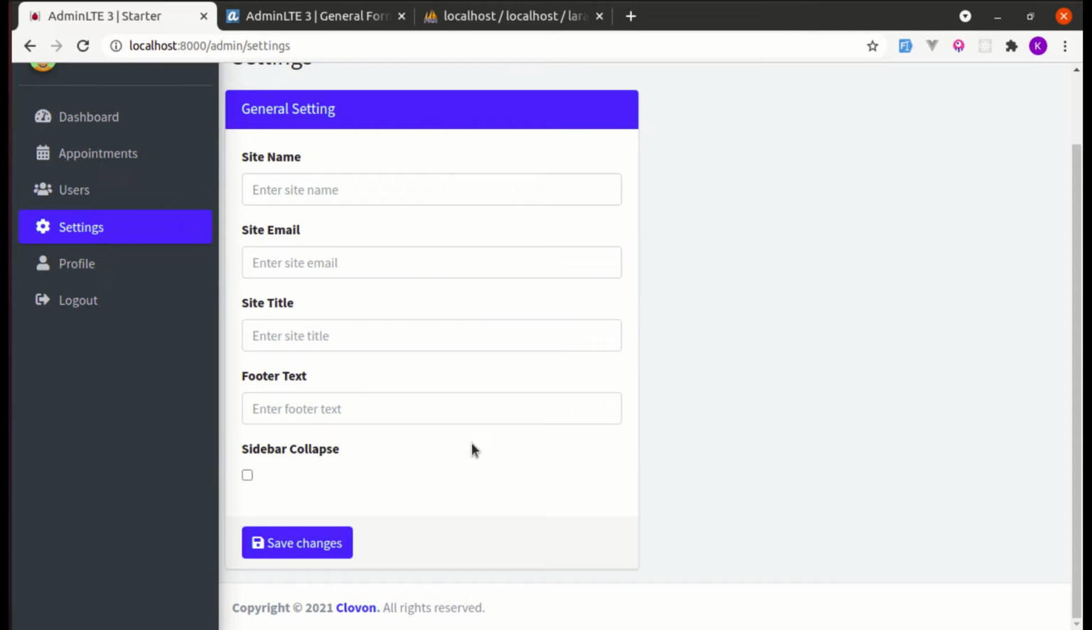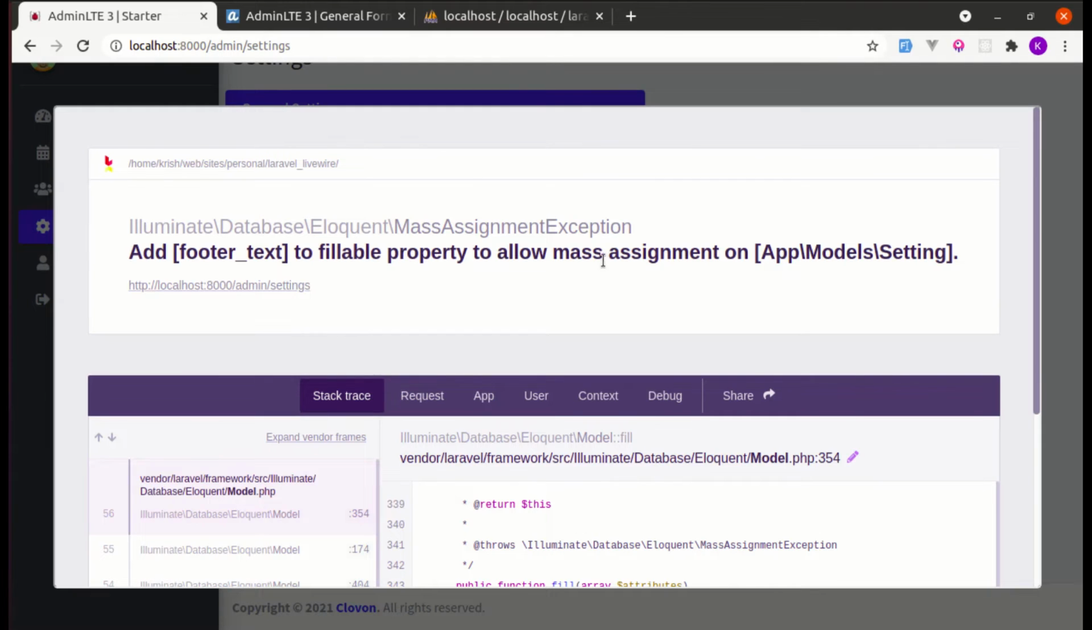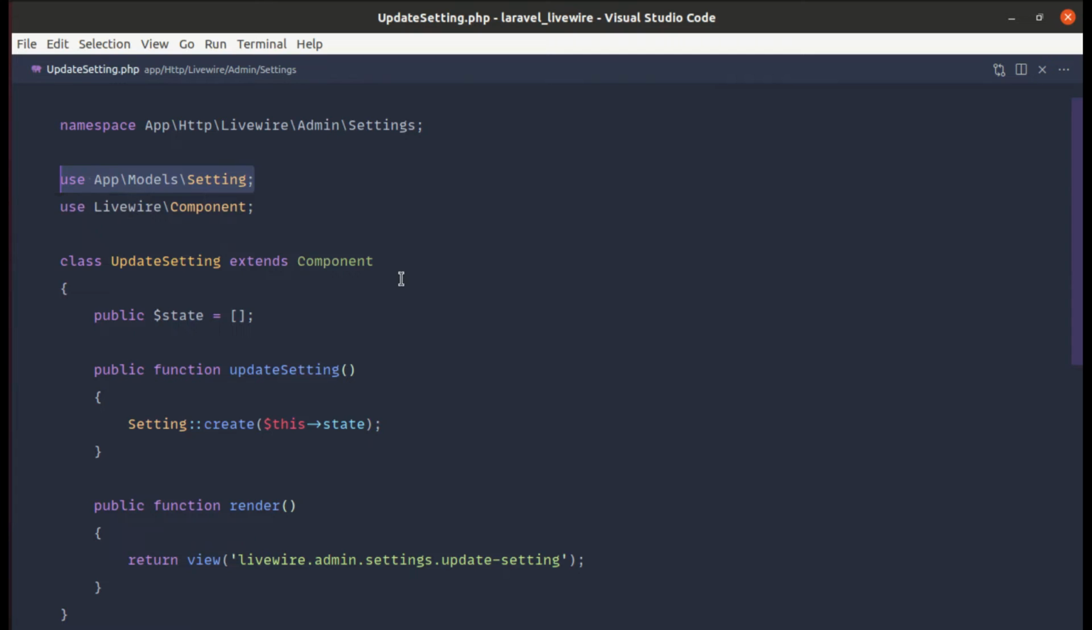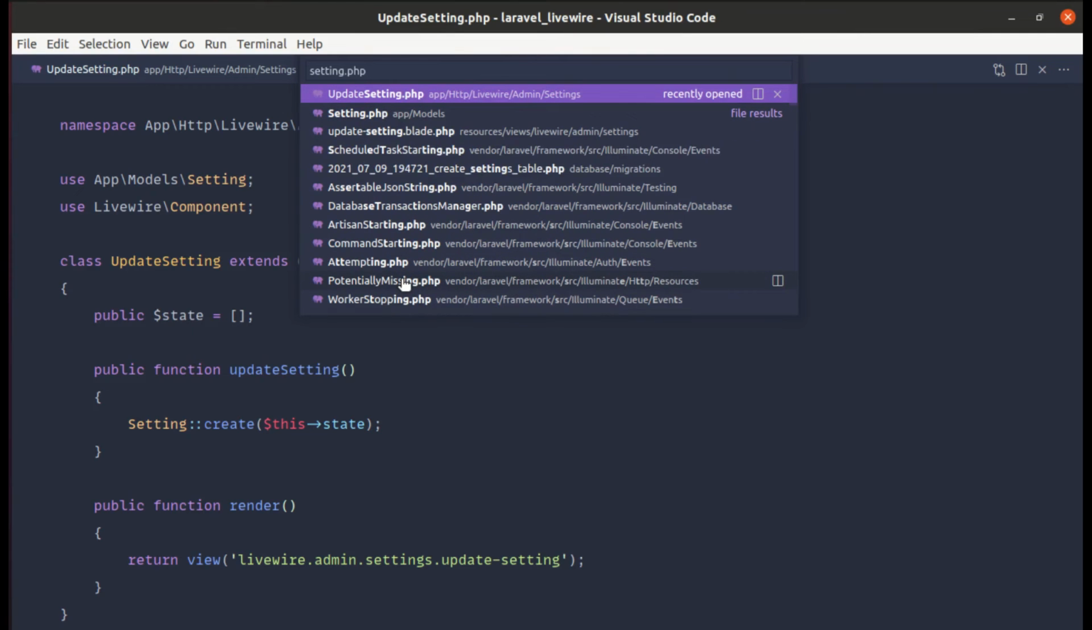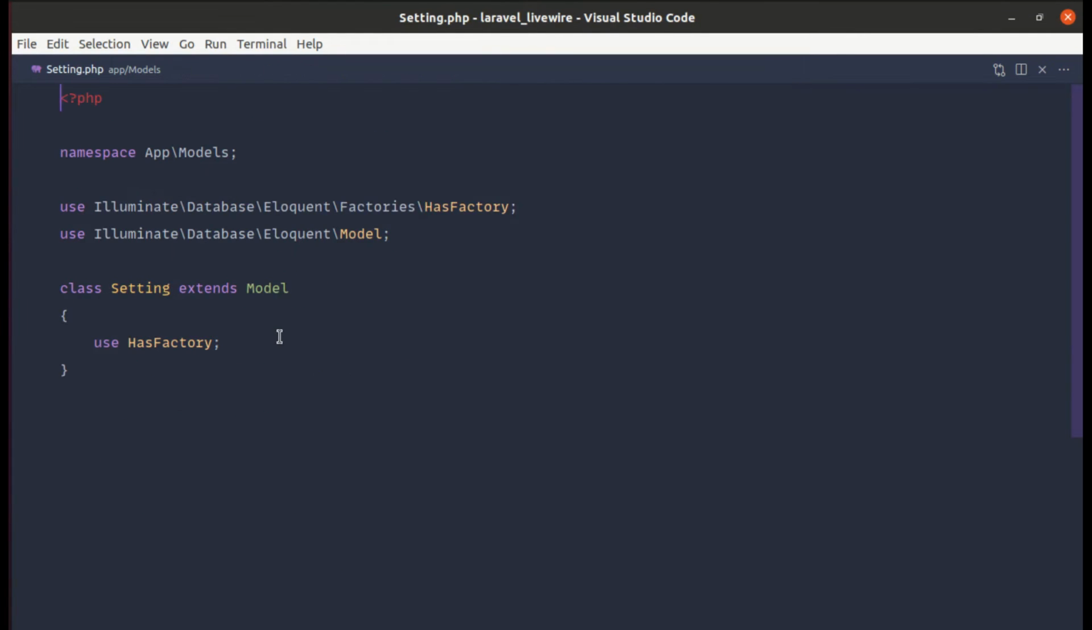And now if I try this again, we are getting mass assignment exceptions. So to fix this, we need to go to the Setting.php model. Over here, let's create our fillable array with those fields, and the fields that are fillable are site